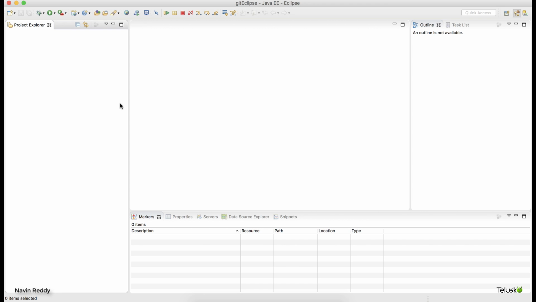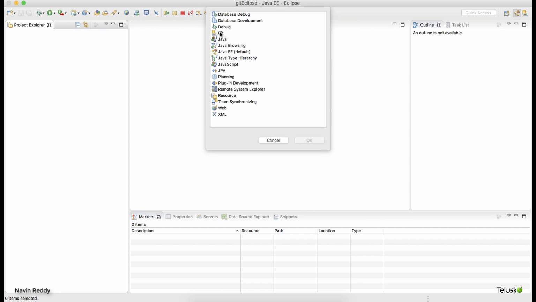You can download Git Bash, or you can download the Git system in your machine. Especially if you're using Mac, you already have Git, don't worry. Otherwise, if you have Linux, you can install Git. In Windows as well, you can install Git. But if you're using Eclipse, you have an option of EGit.